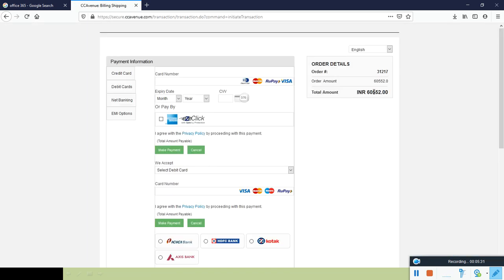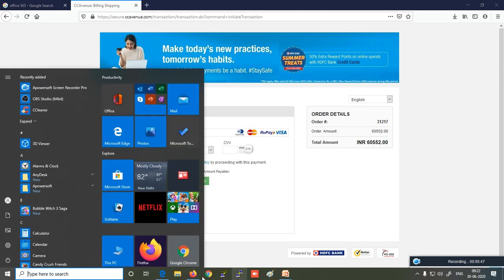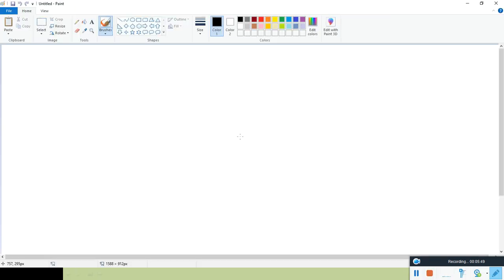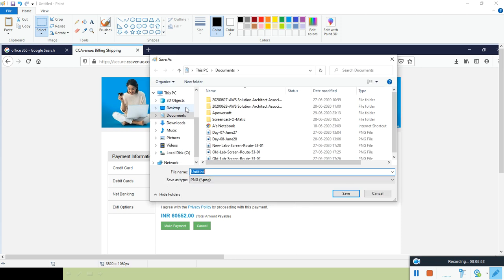Once this happens, I would encourage you to take a snapshot of the page. Your snapshot will look like this, and you need to save it. Save it with the fees name.